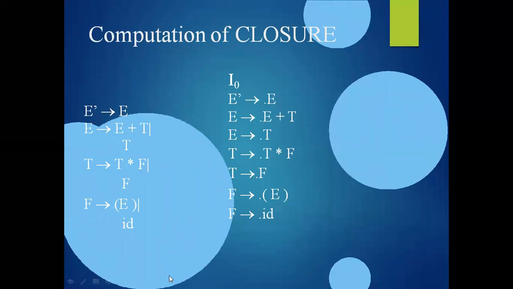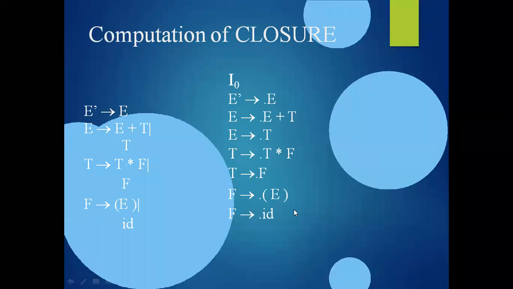Whatever new rules I am getting, I am naming the new rules with a new sequence number. I0 is already completed, where I0 consists of this set. Now what is the next new item I1, and what is the next new item I2? When we get I1 and I2, after computing the goto function along with the item and the symbol, we are getting the next and next items, right? So this process is nothing but the computation of the closure function and the goto function.